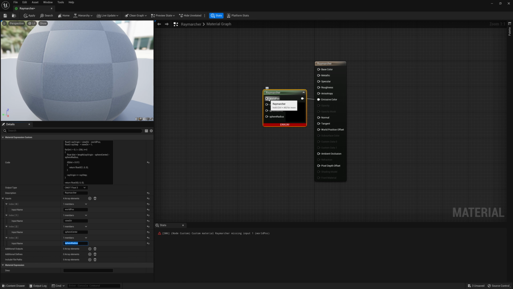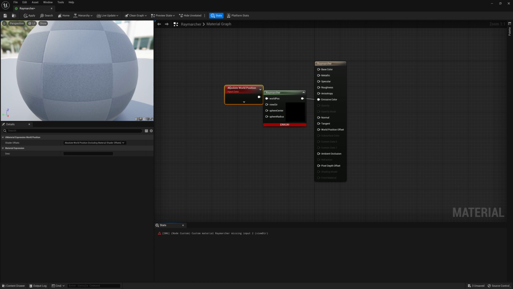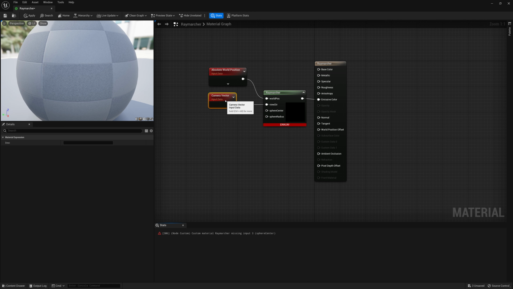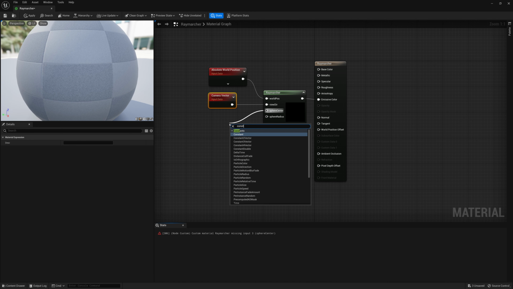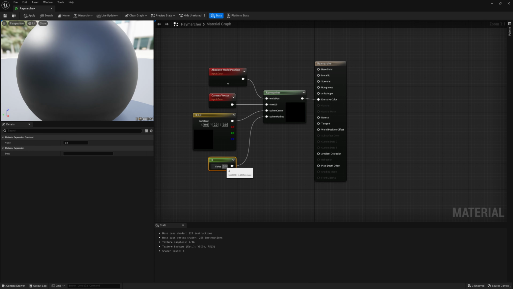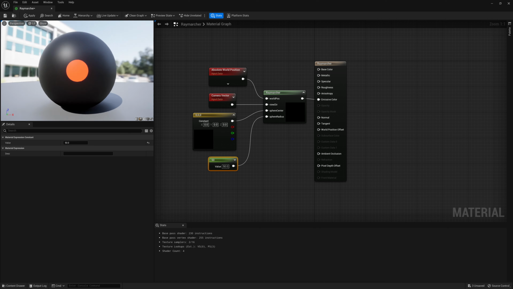So there we go. Now we need to connect these up. World position goes to absolute world position. View direction will just be camera vector, world space. And then sphere center, we'll just put it at 0, 0, 0, so constant 3 vector. And sphere radius, we'll just put a single value into it, maybe something like 50. And there we go. We have our red